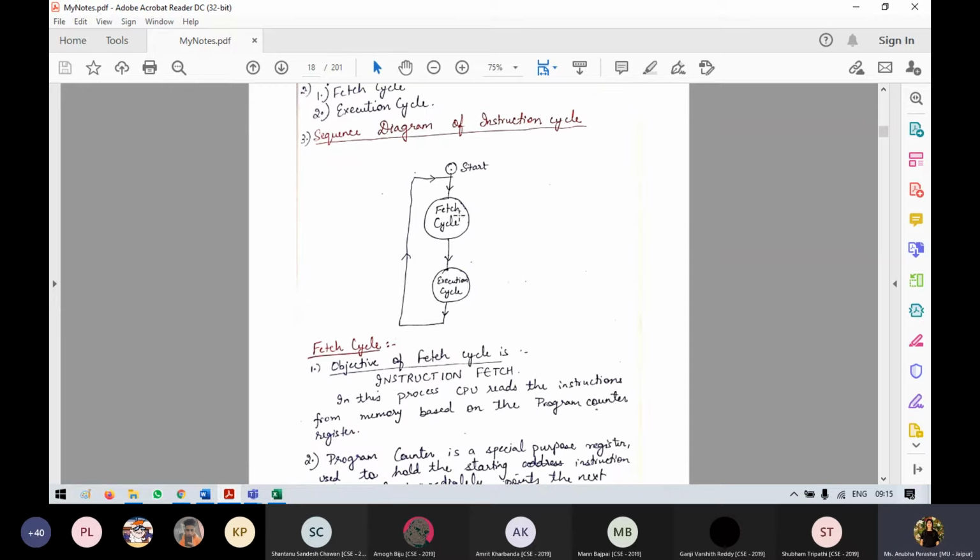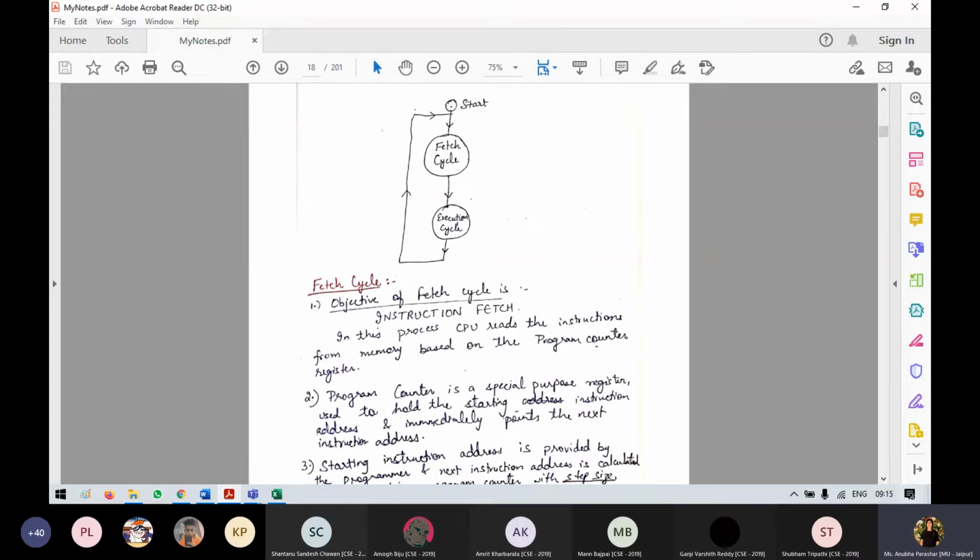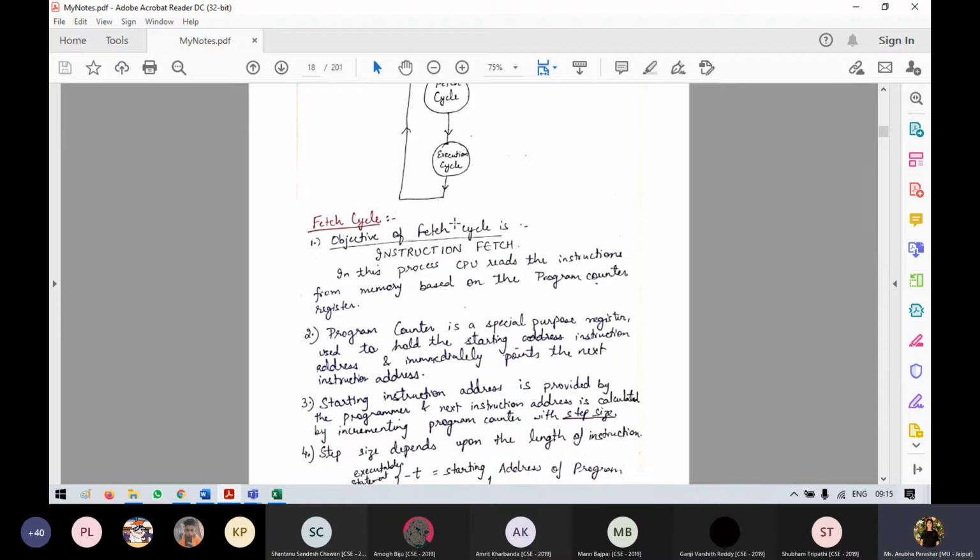Now, when we start with the fetch cycle, we have certain operations that need to be done. What are those? The objective of the fetch cycle is to read the instruction from memory based on the program counter register. We know that the program counter is holding the address of the next instruction. I'll show you an example of how it is holding. When the program counter is holding the address of the next instruction to be executed, it points to this address.